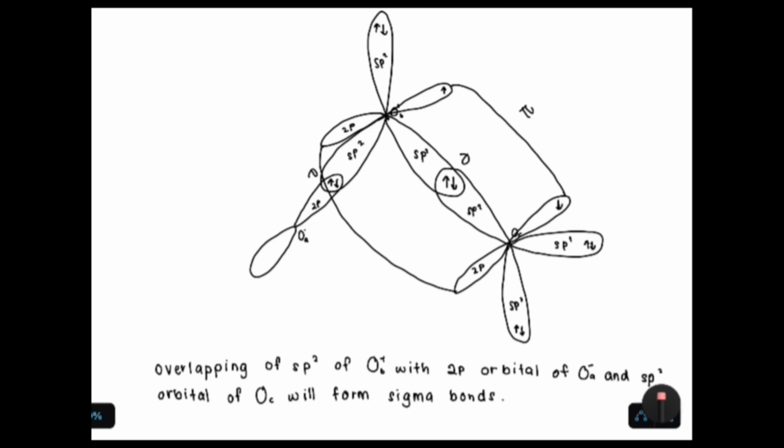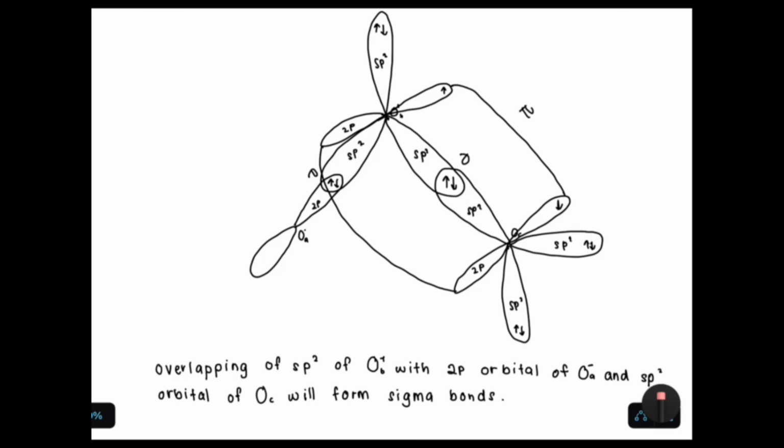After that we need to draw the 2p orbitals. So the first 2p orbitals for OB here and OC here. These 2p orbitals will be overlapping to form the pi bond. So the overlapping of sp2 of OB plus with the 2p orbital of OA minus and the sp2 orbital of OC will form a sigma